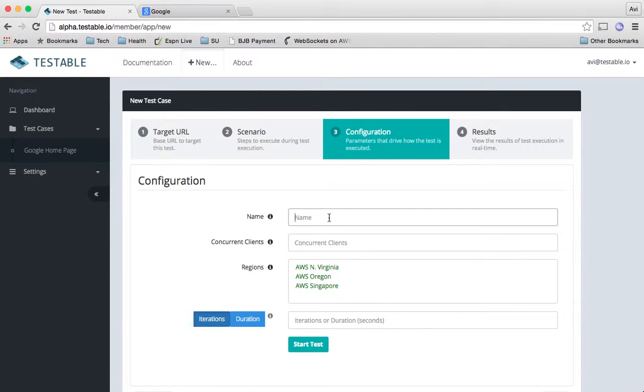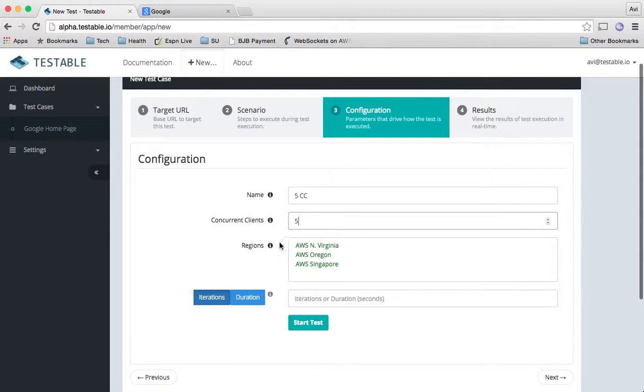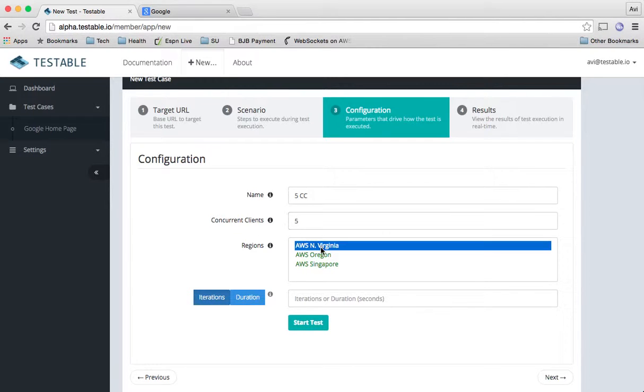So we have our scenario, and now for the purposes of this test, we want to test 5 users doing that scenario at the same time. So we'll call it 5cc for 5 concurrent clients. And as we mentioned, we'll put 5 in here. And then we need to choose which regions we want this to run in. So I'm going to choose North Virginia and Oregon, which means that in each of those locations, we'll have 5